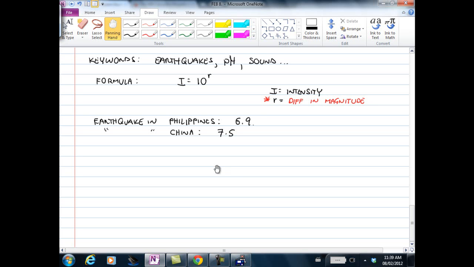But for now, your question is this. How many times more powerful is the China quake versus the Philippine quake? We know the difference is not small. It's only point whatever, it's too minor. The question is this: how many times greater